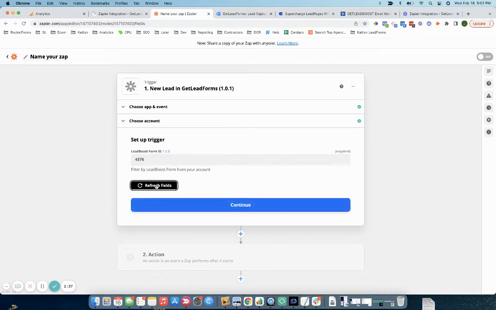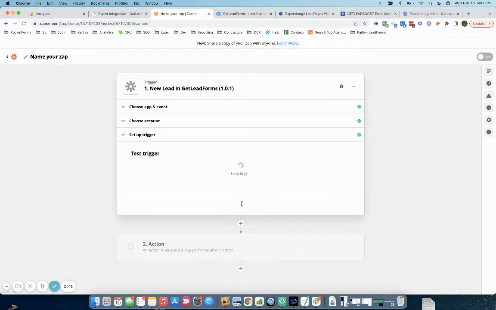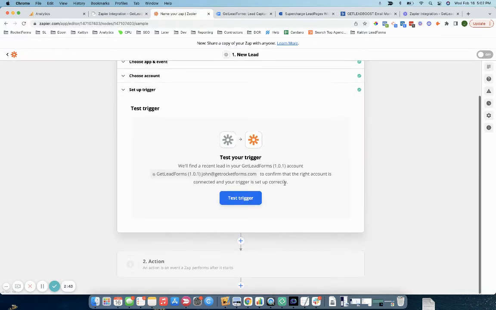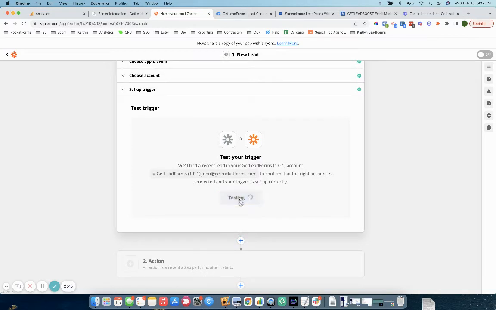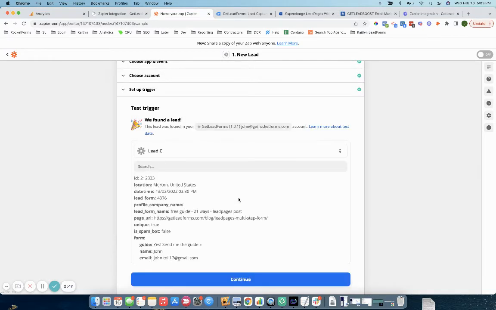I always like to click refresh fields. I don't know if that's necessary. And then click continue. So now Zapier will kind of work some magic behind the scenes. Click test trigger. Now when you click test, a really key thing to note here is you'll need to have at least one lead pushed into your account from your lead form. So make sure you go to your lead form and it's live on a page somewhere. Send a lead through, make sure it shows up inside of GetLeadForms because Zapier will be looking for a lead